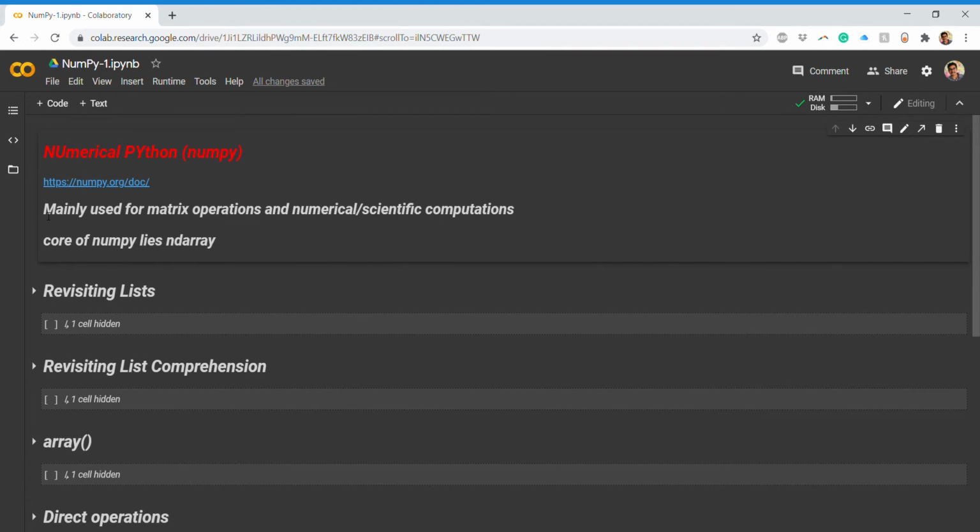It is mainly used for matrix operations. When you build various applications, for example with gene expression data, you mainly do singular value decomposition, SVD, or you calculate the eigenvectors or eigenvalues of a particular matrix.